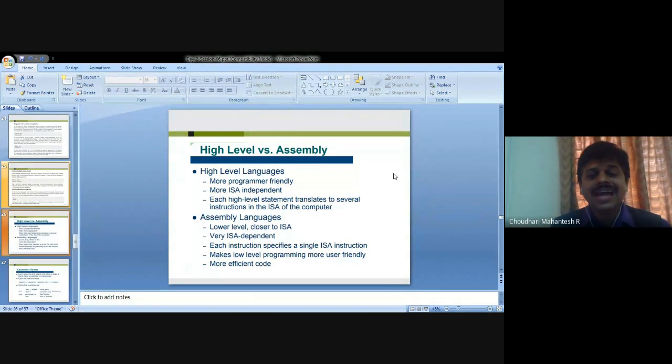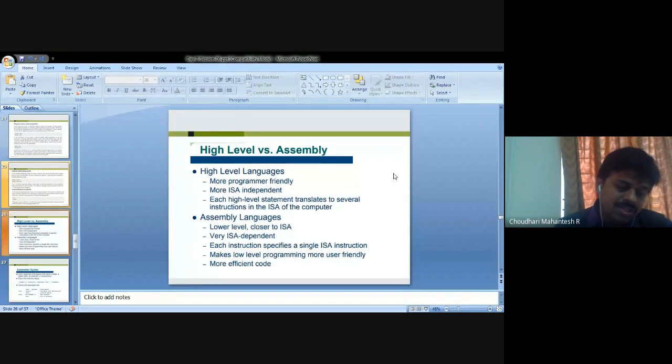Then, what are assembly languages? Assembly languages are lower level, closer to the instruction set architecture, and very ISA dependent.